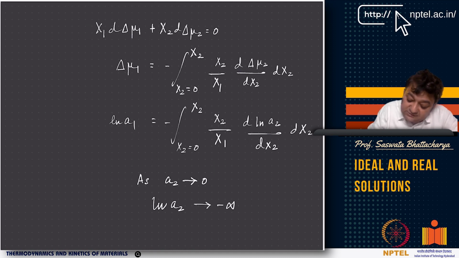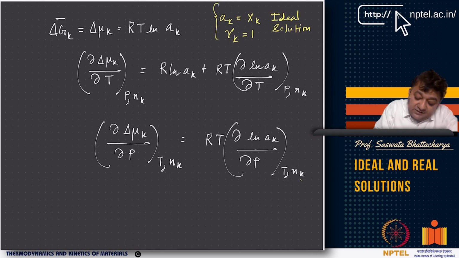So this is dx2, and I am taking the limit. If I take dx2 here, the limit is x2 equal to 0, which is the pure solvent or pure component 1, to some value x2 that is added. So if you have that, delta mu 1 is nothing but